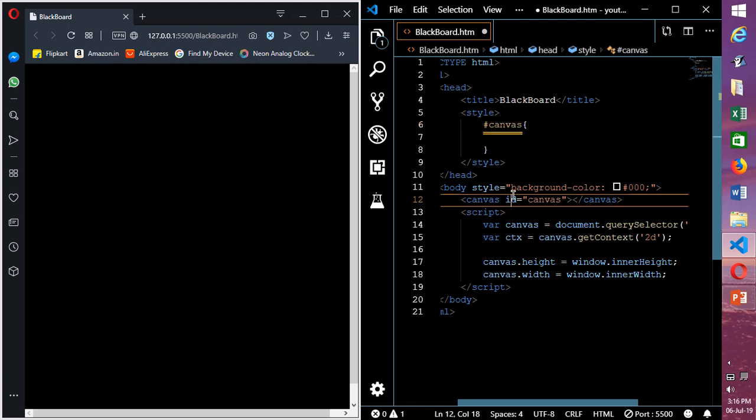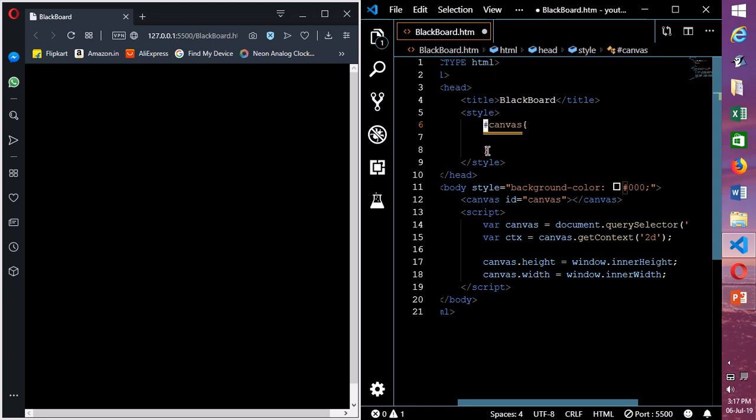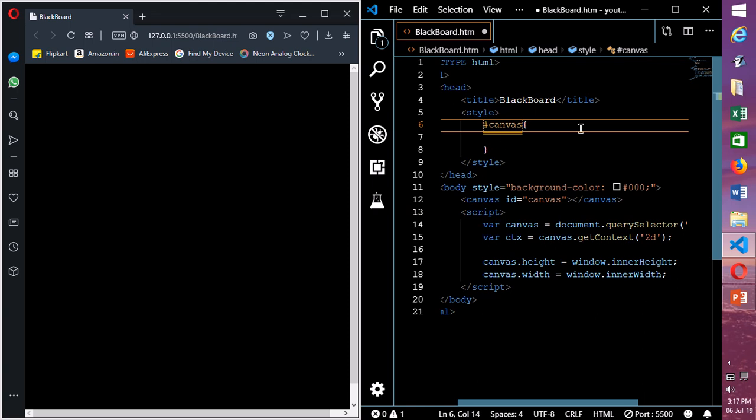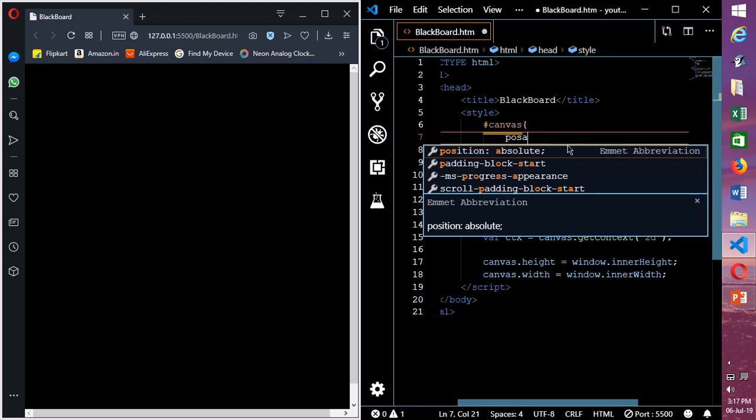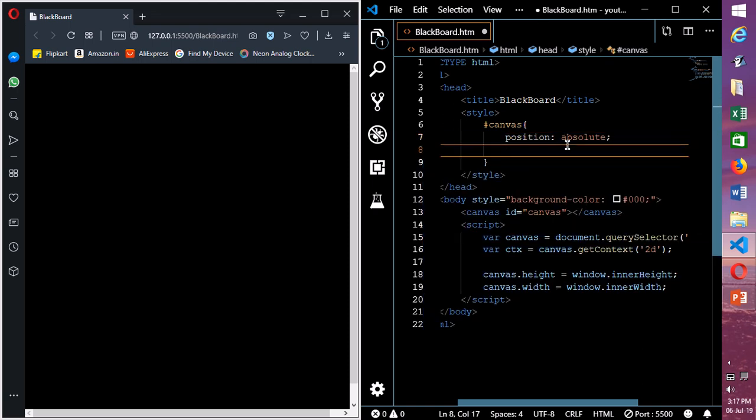Since it's an ID, that's why what we are going to do is call it by putting this hashtag in front of its name. We can also do this with class, but in the case of class we are gonna use a full stop or a dot instead of this hashtag. Let's move on. So the first thing that we are going to do is declare the position as absolute,